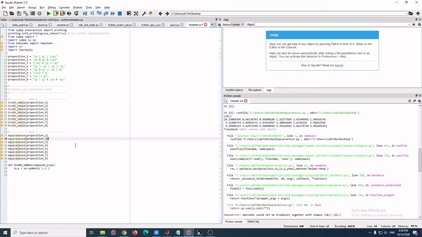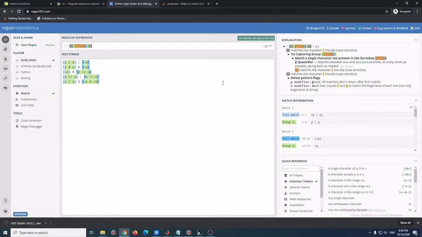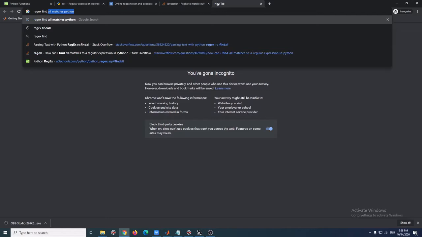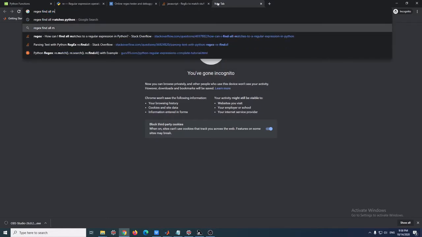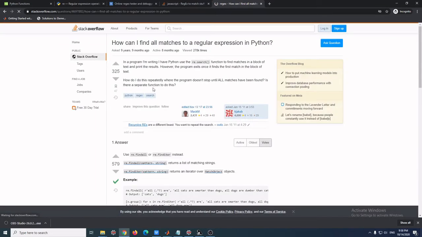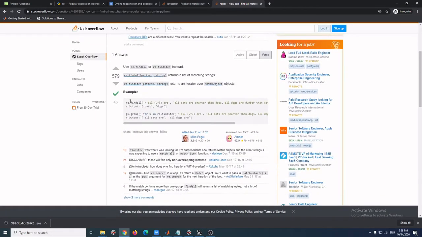Okay, so the regular expression seems to be working, but how do we obtain all the matching groups that we get from the string in Python? Let's Google that. Type regex find all. This is fine. Then let's check the first one. We have two methods to use: find all and find iter. Let's use find all. Find all is this one here. So what we do is